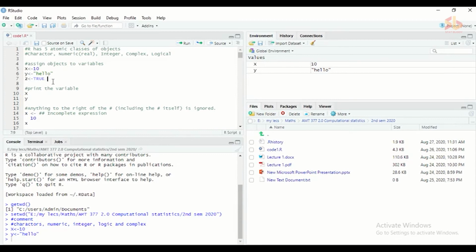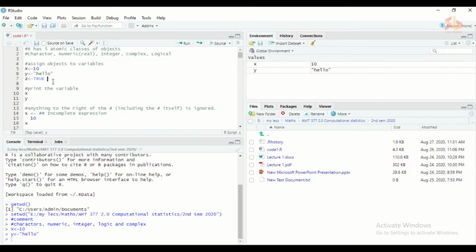So make sure to avoid capital T and capital F in naming variables. If you name a variable using capital T and capital F, that logical condition will be mixed up.